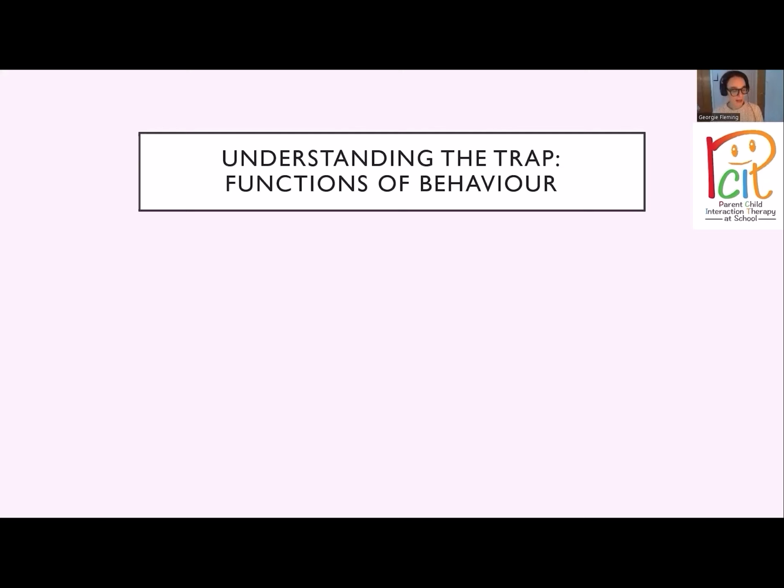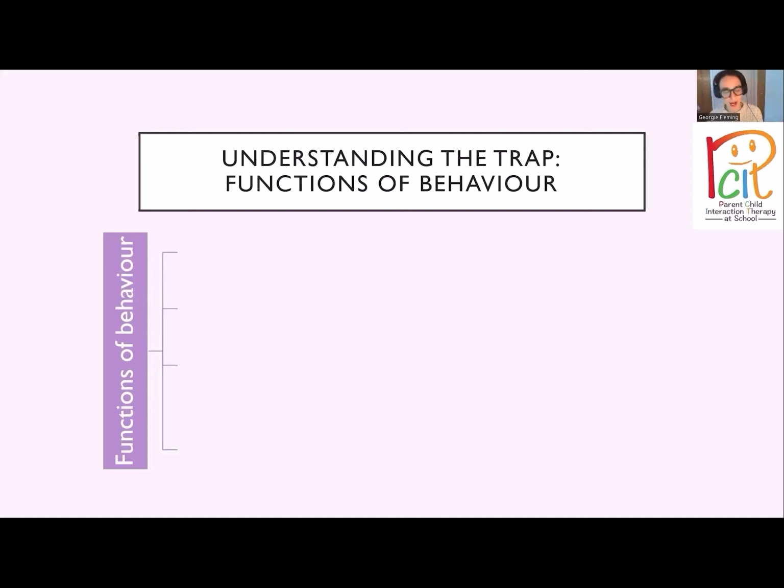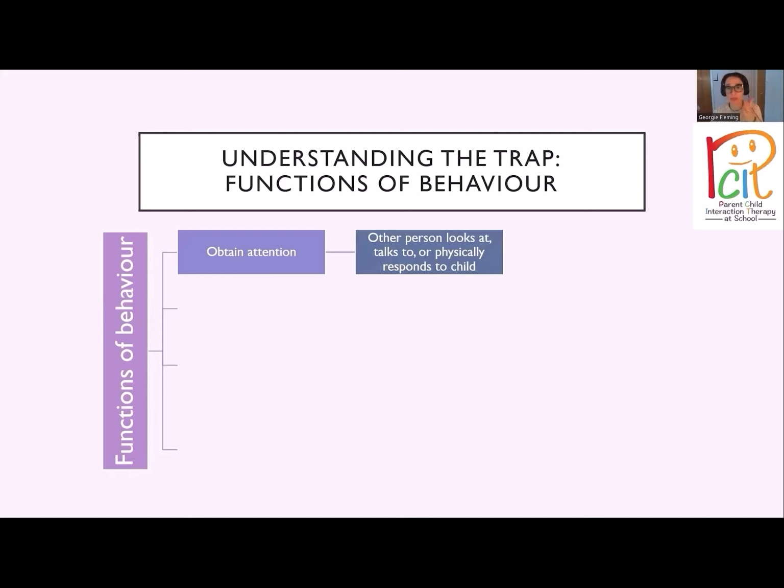Thinking about particular situations, thinking about what function behaviors are serving, and then trying to figure out the triggers and the consequences in terms of how we respond can give us somewhere to start in trying to tweak things. So functions of behavior, this is distilling behavior down, it's simplifying it. And I know behavior is infinitely more complex than this. But once again, as a jumping off point, is this kid doing something with the function of trying to get attention of some sort? This is you to look at them, touch them, talk to them, whatever it is, or all their peers around them.